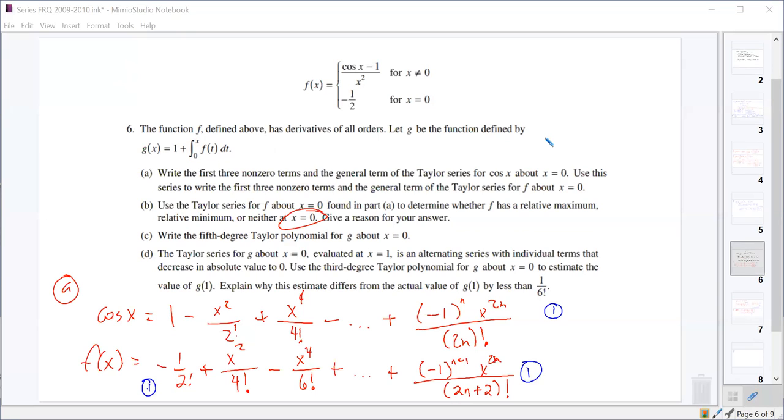Okay, so for part D, they're now talking about the series for g at x equals 0 that we're evaluating at x equals 1. And they're saying that it's an alternating series with individual terms that decrease in absolute value to 0. And we want to use the third degree Taylor polynomial for g to estimate the value of g of 1. Right? So the third degree Taylor polynomial for g